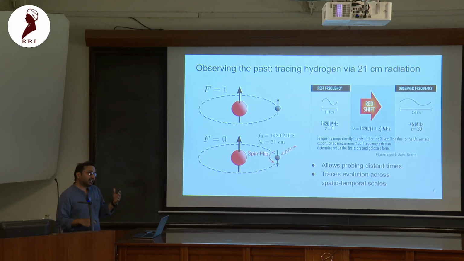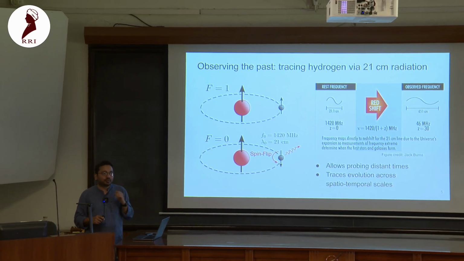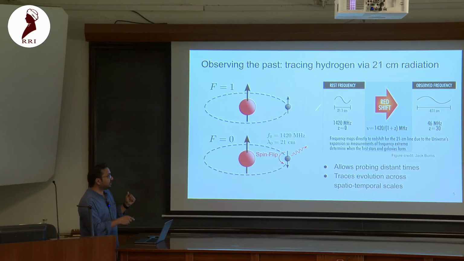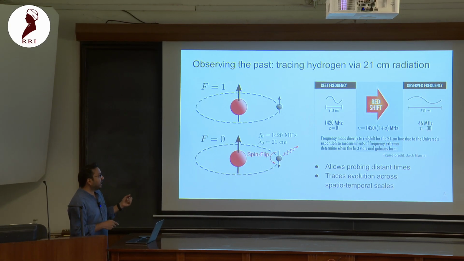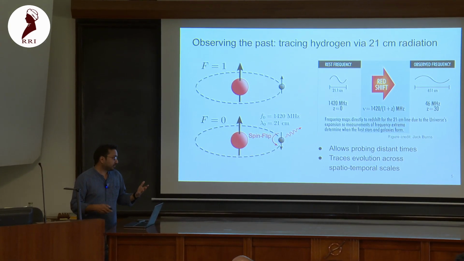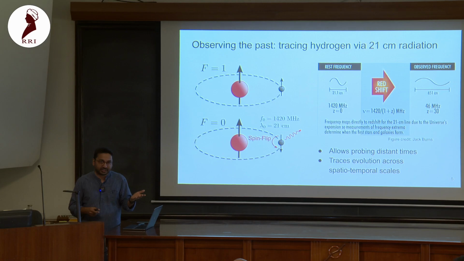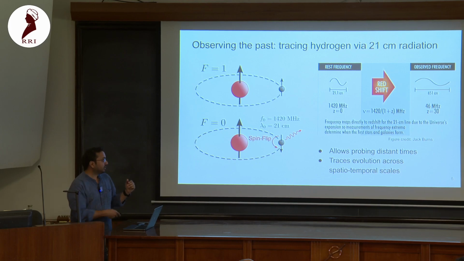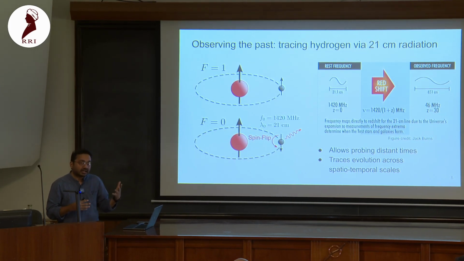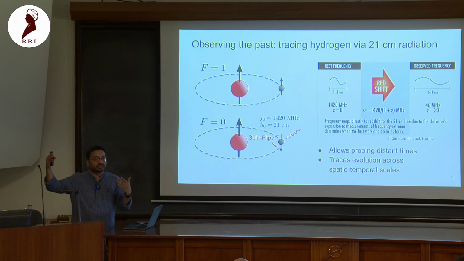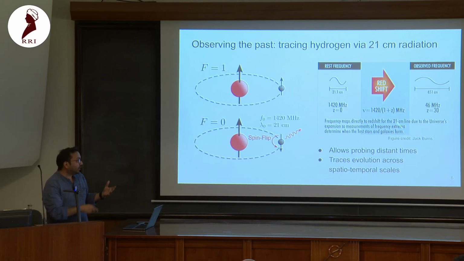So that's first. And the second thing is it also allows us to probe the temporal evolution. Because its rest frame frequency is 1420 megahertz, and as it comes to us, it also redshifts. So based on which frequency we are looking at, we are probing a very specific cosmological redshift. So in some way, we can literally study the entire evolution of different parameters by studying the 21 centimeter radiation. This is unlike, for example, the CMB, where we study optical depth, which is an integral from that epoch to us. So it becomes very model dependent to reconstruct things from there. While here we have very fine time information and spatial information.